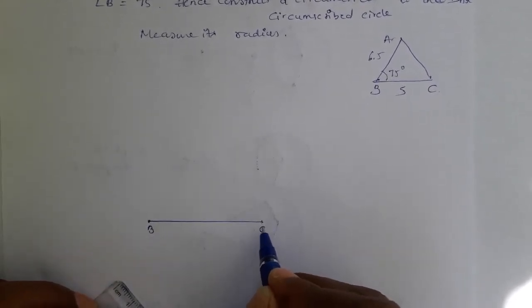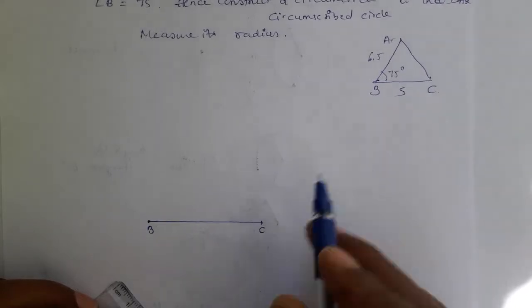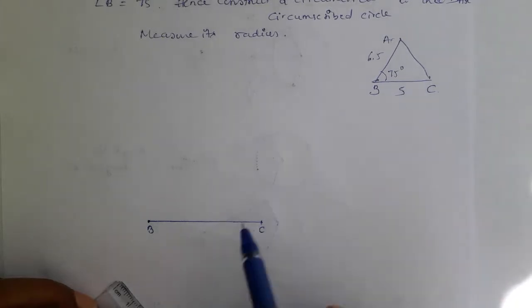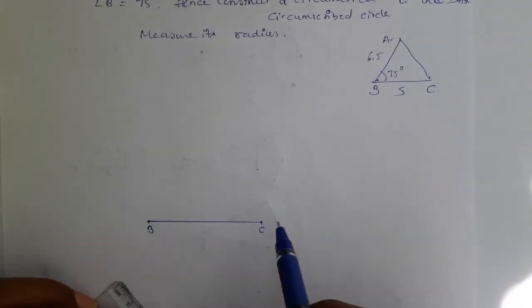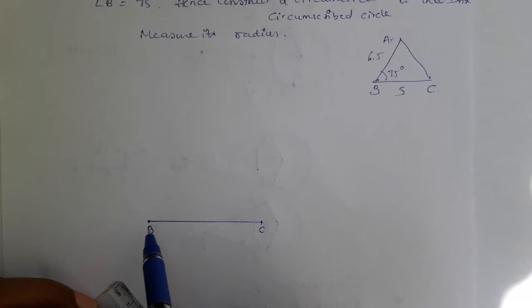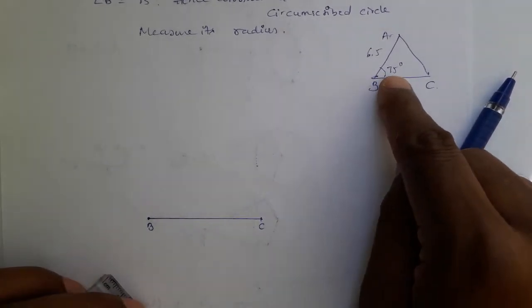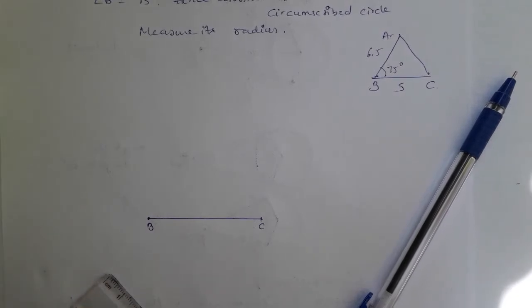See, soon after marking, you also mark which length that is. So simply drawing 5 centimeter, you won't name that. After drawing 5 centimeter, what is that? It is a BC length or AB length. First mark it, ABC. Next, after that, angle B is 75 degree. We have to construct 75 degree at B, not at C.